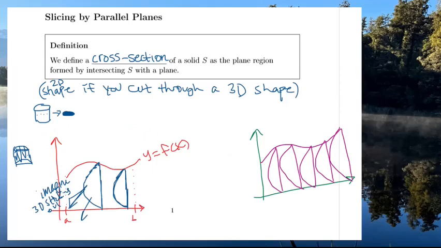Well, it means if we have a 3D shape, like imagine we had a cylinder and then we just cut it parallel, what shape do we get? Well, that's a circle, right? So it's basically the 2D shape you get if you cut through a 3D shape. So going the other way, let's say they're saying find the volume here from A to L, which I don't know why it says L. I didn't come up with this, but